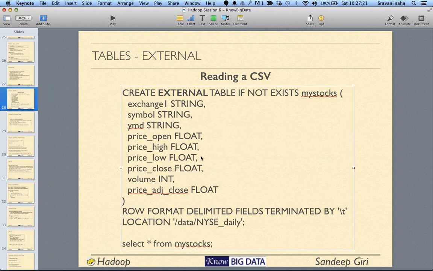All right. So the other kind of tables. So far we talked about managed tables, internal tables, where whenever we had to create a table, the data, if you drop the table, the data disappears. So the only difference between internal and external is the,